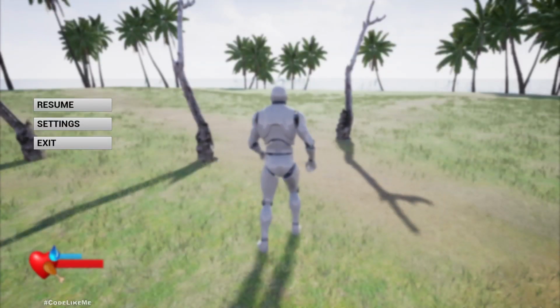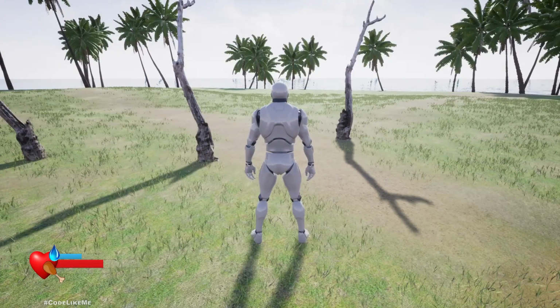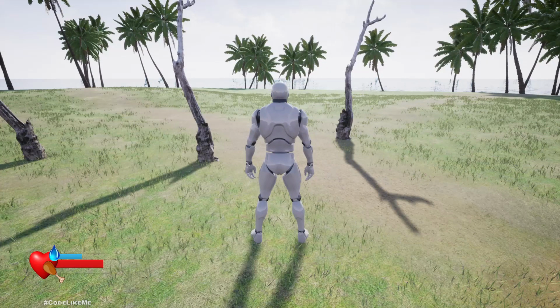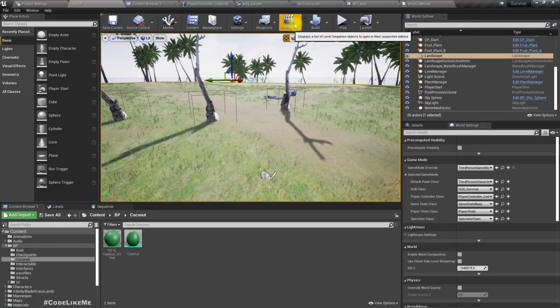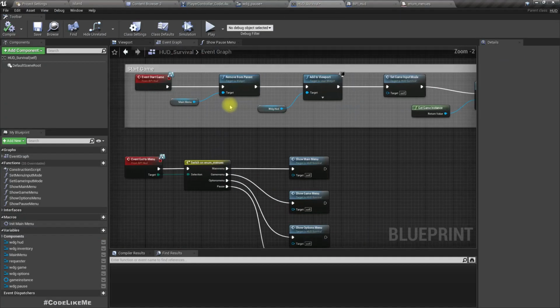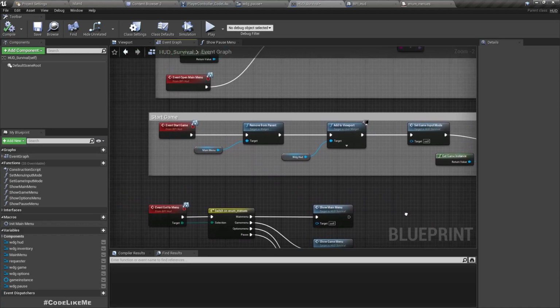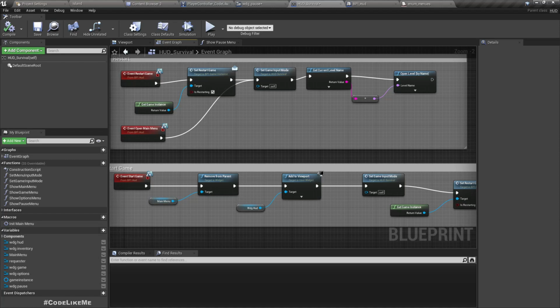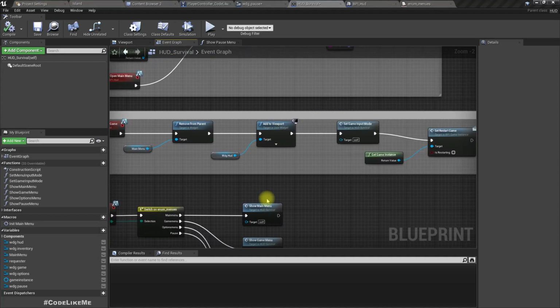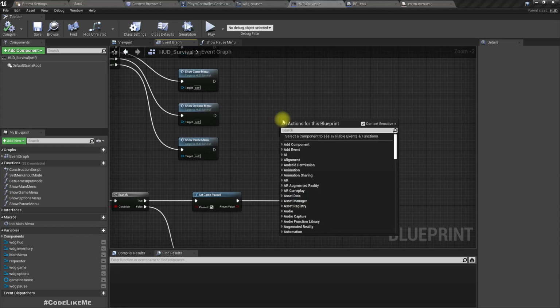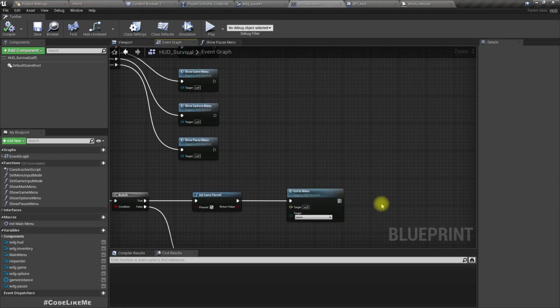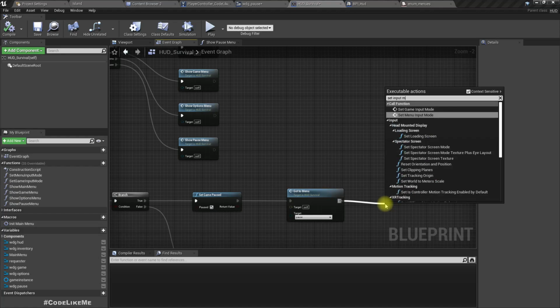Okay, now we have the pause menu. If I press P again, it is gone. And here we don't have the mouse. Right, so we need to handle it. Where do we set the input mode and show mouse cursor? Right, here, set input mode,